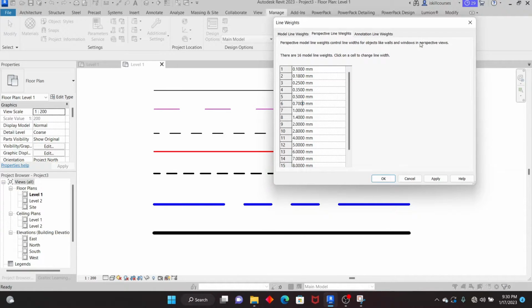That is within the perspective views, as you can see from here. So if you go to a perspective view, maybe you don't like the line for a particular line or a model element, if it's a perspective view, go to this number, come here and change it until you get the desired result. Okay, then if I go to annotation line weights, again for objects maybe like sections, maybe dimensions, those